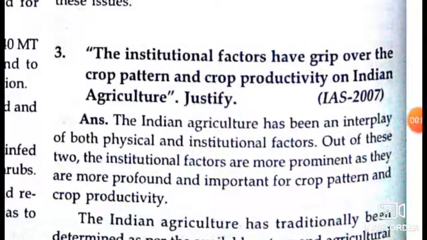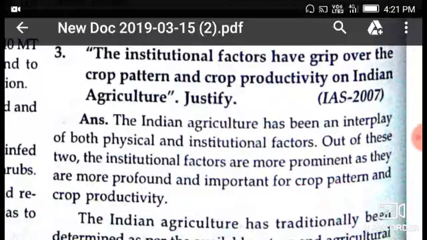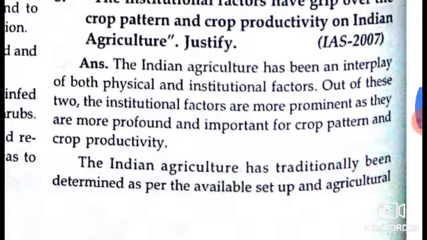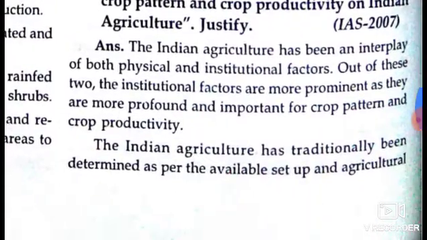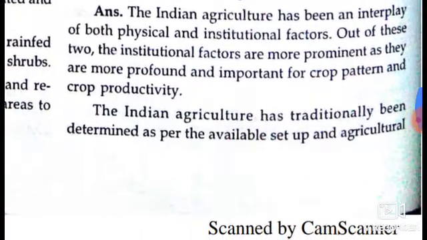First question: the institutional factors have a grave influence over the crop pattern and crop productivity in Indian agriculture. Justify. Indian agriculture has been an interplay of both physical and institutional factors. Out of these two, the institutional factors are more prominent as they are more profound and important for crop pattern and crop productivity. Indian agriculture has traditionally been determined as per the available setup and agricultural